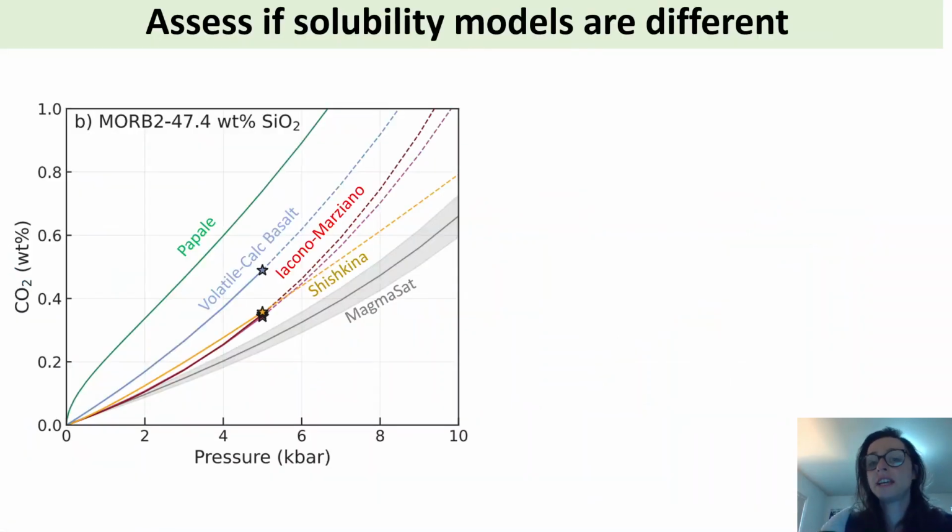So what you may have noticed when you're running these comparisons is that the answer you get for dissolved volatiles is actually quite different between the different solubility models. And we can show this in more detail by taking a specific melt composition. So this is a MORB with 47.4 weight % silica. And then we're basically calculating dissolved volatiles for lots of different pressures for lots of different models, and we can